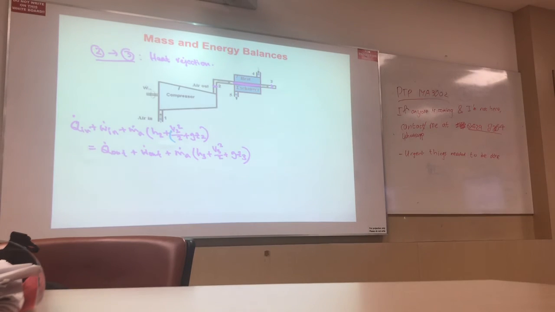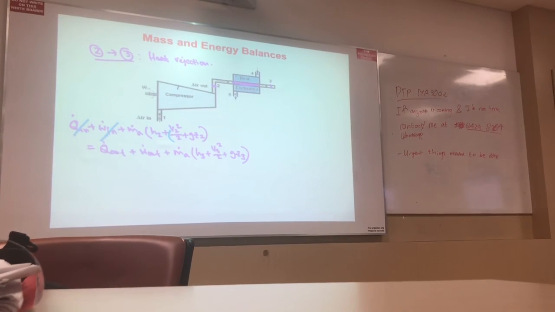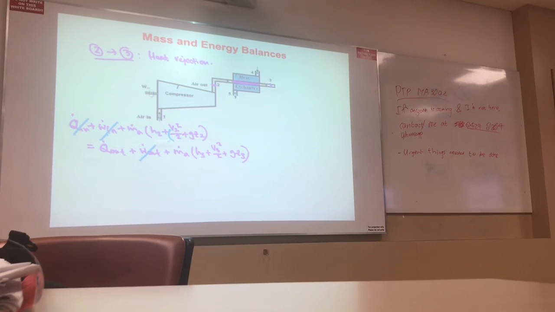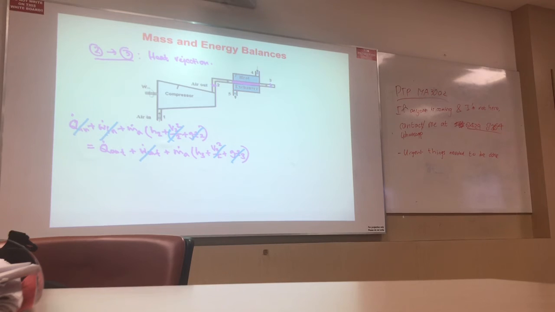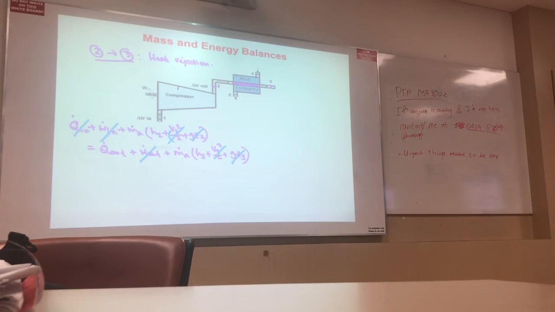Now you slightly understand. Q in is 0, this one is 0, this is 0. Correct. Then I can write, I use pink color here. So I can write Q dot out becomes